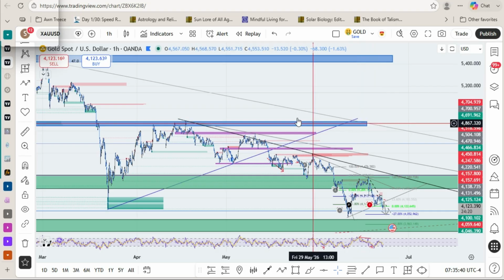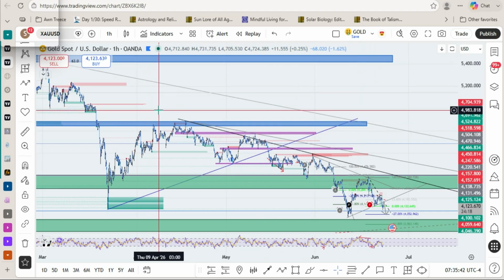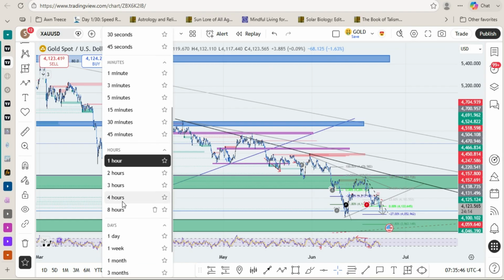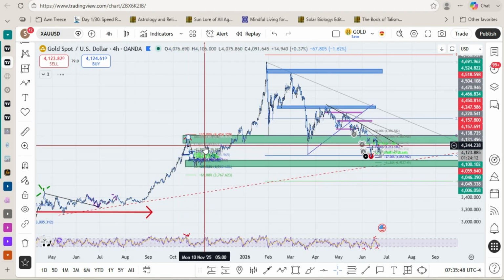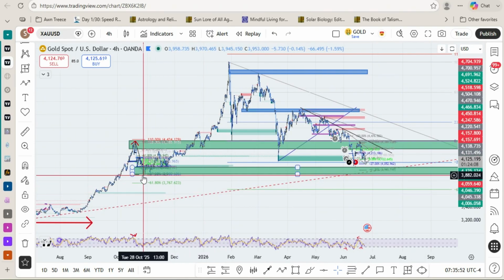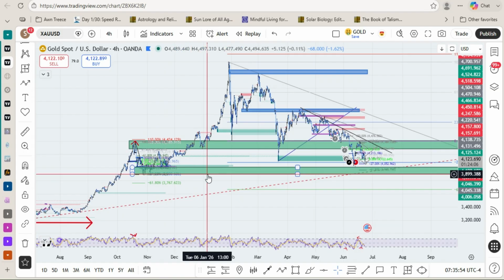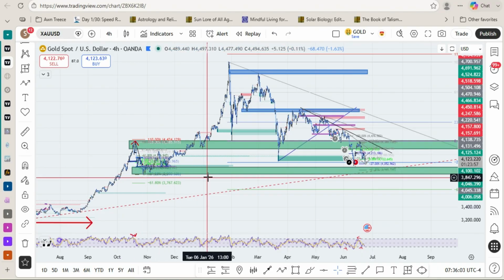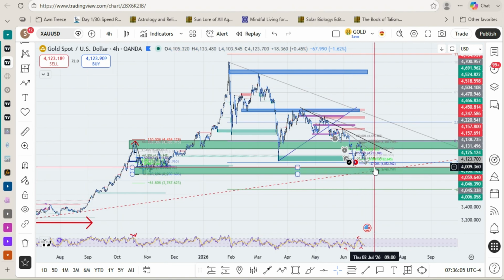Okay, so here's a quick rundown of gold. I guess I'll start on the 4 hours. All right, so on the 4 hours, here is the major area that I have zoned off right here. This was the last higher low, and